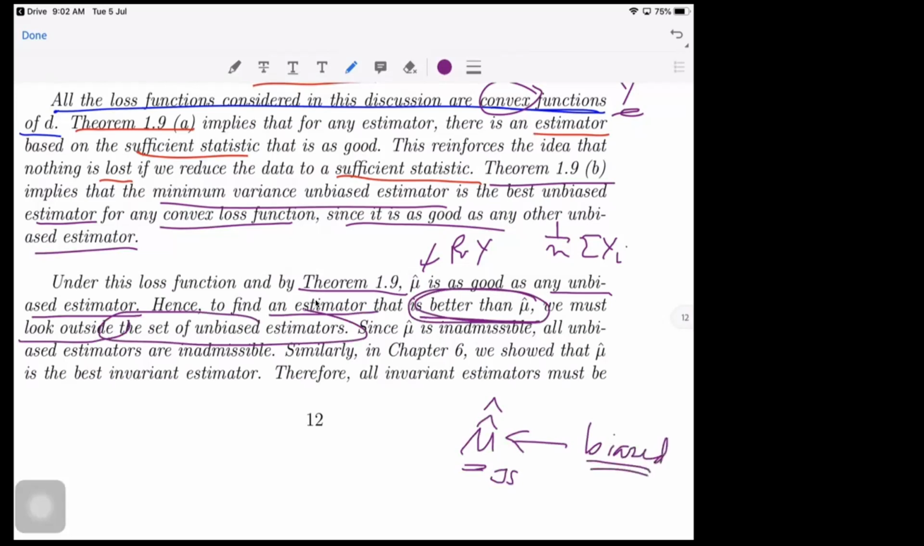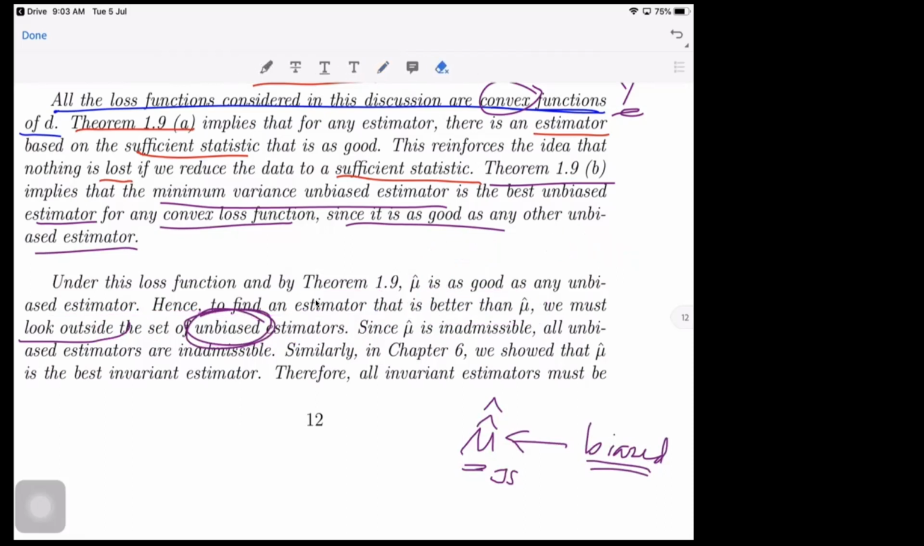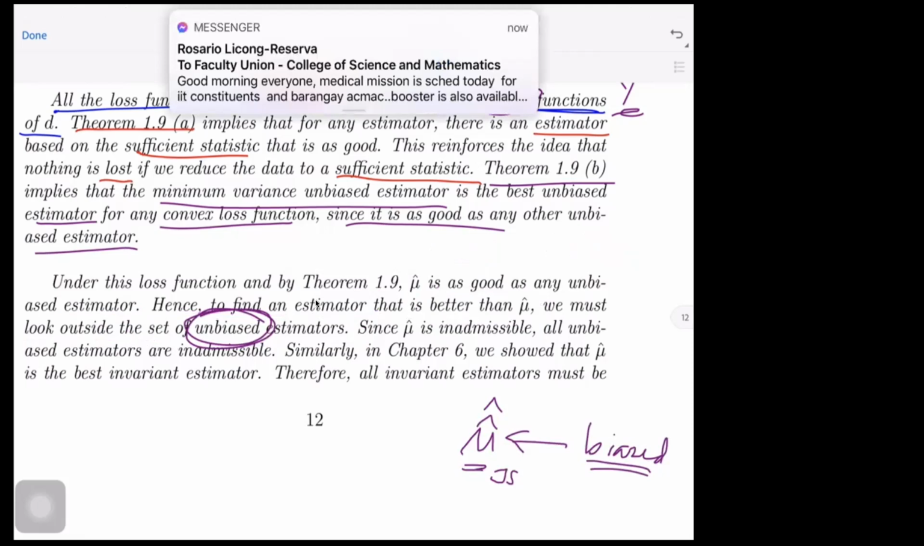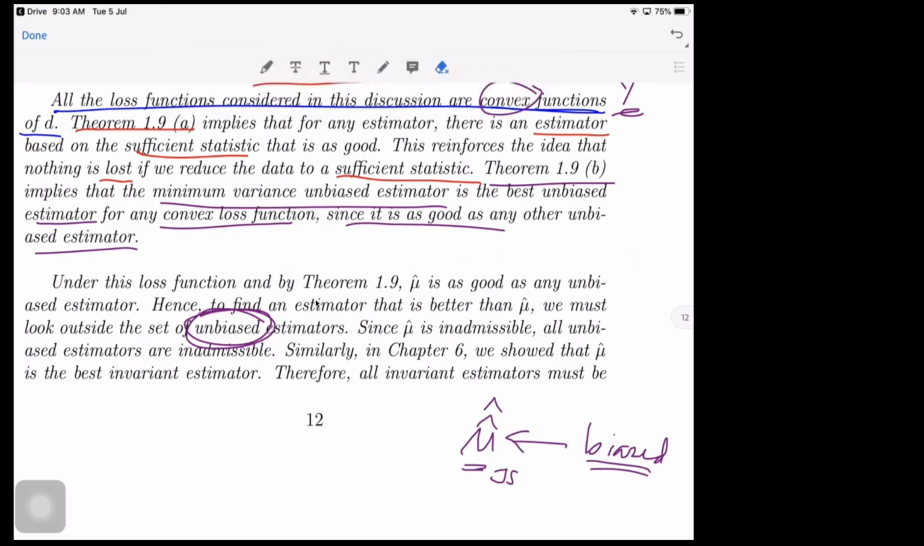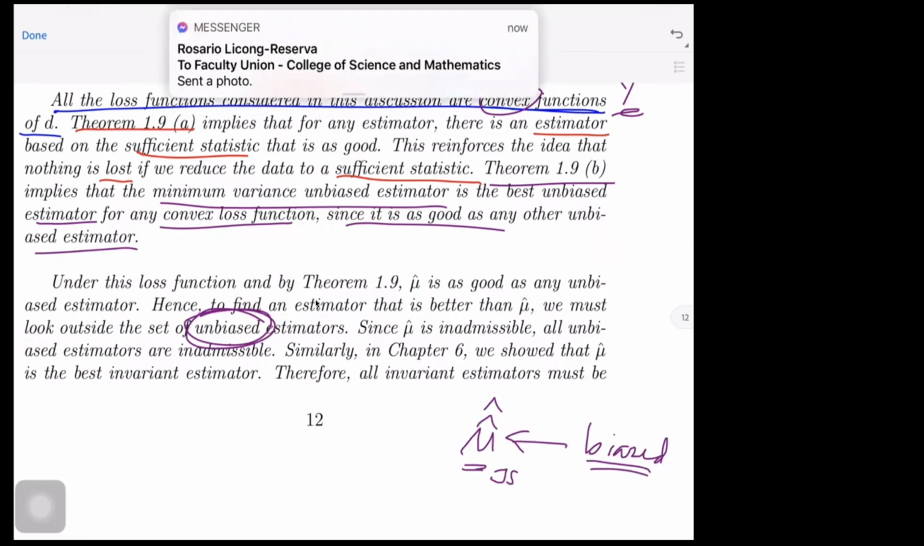Because if we only look within the set of unbiased estimators, nothing can beat y bar, because any function of y bar is also as good as y bar. If you complicate it further, the unbiased y bar will just come out the same. So y bar is the MVUE, and we can no longer find anything better in the set of unbiased estimators. So what we are going to do is look outside the set of unbiased estimators. Also,